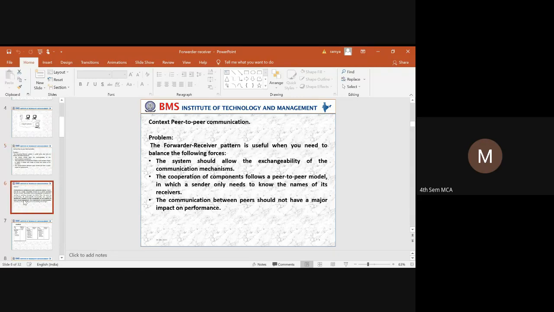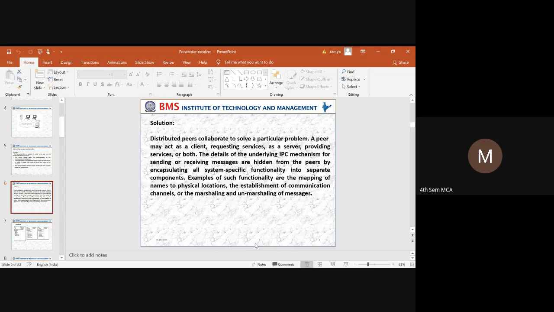So how do we bring the solution? The solution can be considered by having a different set of clients and a different set of servers, where whatever services the client requests will be provided by the underlying IPC mechanism, that is, the interprocess communication mechanism.